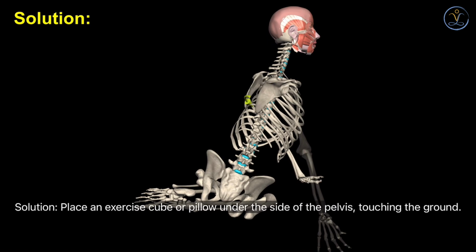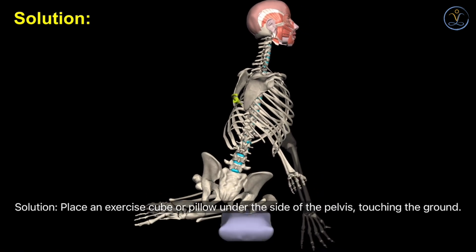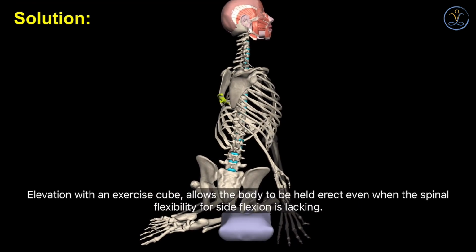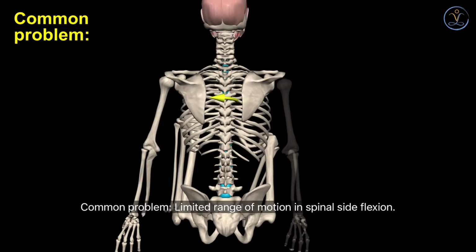Solution: place an exercise cube or pillow under the side of the pelvis touching the ground. Elevation with an exercise cube allows the body to be held erect even when the spinal flexibility for side flexion is lacking. Common problem: